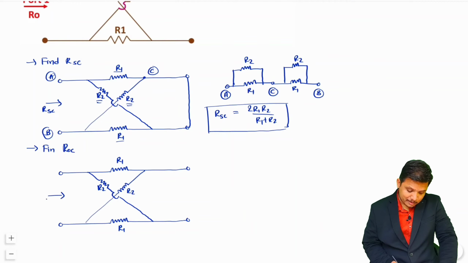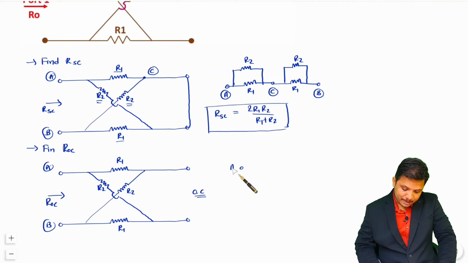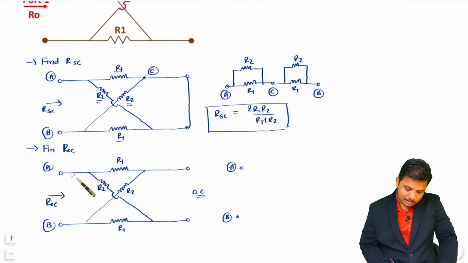Now my dear students, we will find the open circuit impedance of this lattice structure. So now to calculate ROC, this should be open, right? Now if you keep this open, then what is ROC? Again it is a bit difficult to observe from here as this is a lattice, right. So let me show you how the connection is there. So let us say this is terminal A and this is terminal B. So if you observe here, I have terminal A and terminal B, and you see this R1 is there in series with R2 over here in between A and B, right.